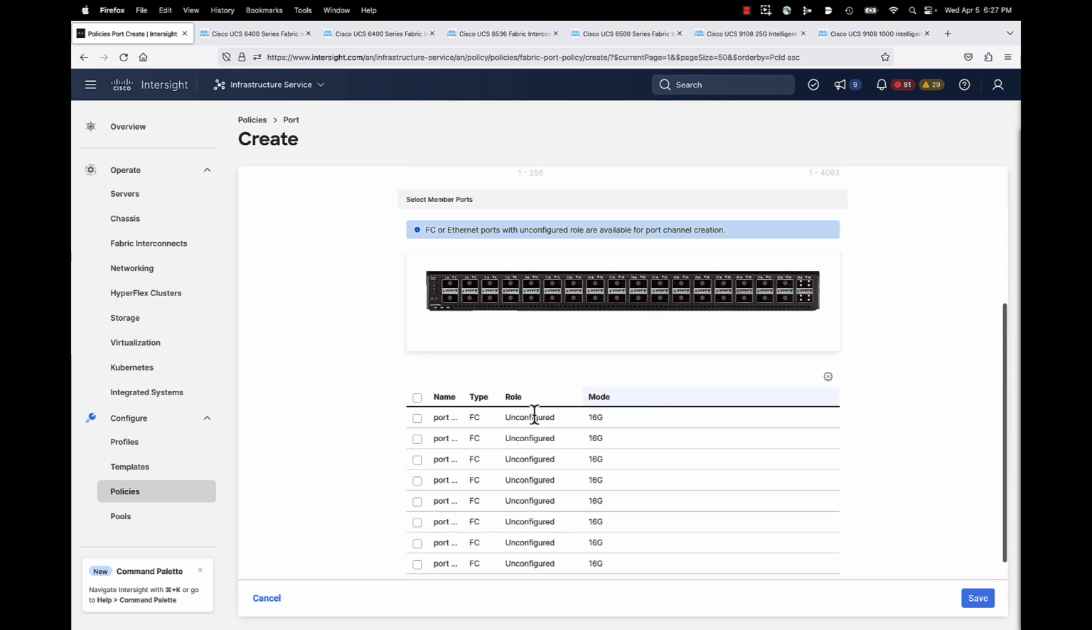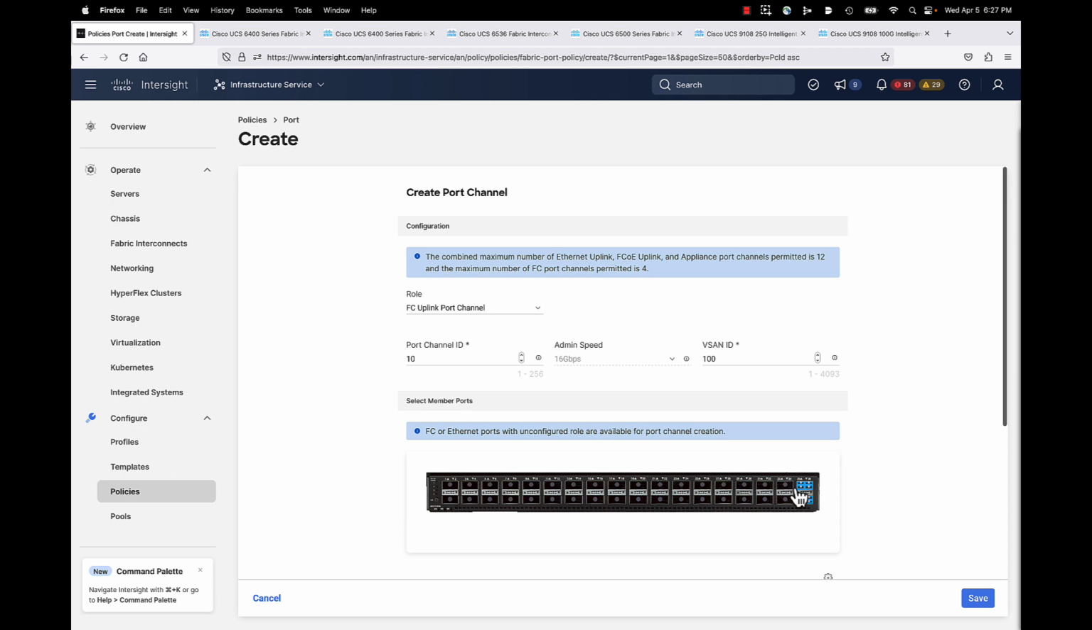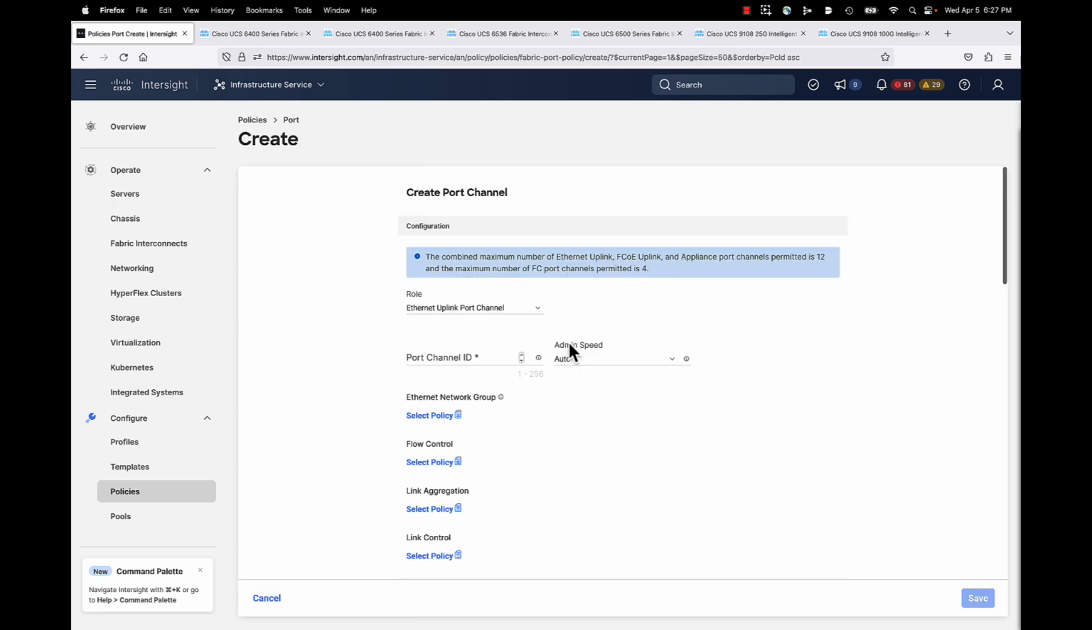And of course, we need to select our ports. I'm going to select all the ports. You can see them here, and I'm going to click Save. All right, so I have my FC uplink port channels. Now I'm going to create my Ethernet uplink port channel,